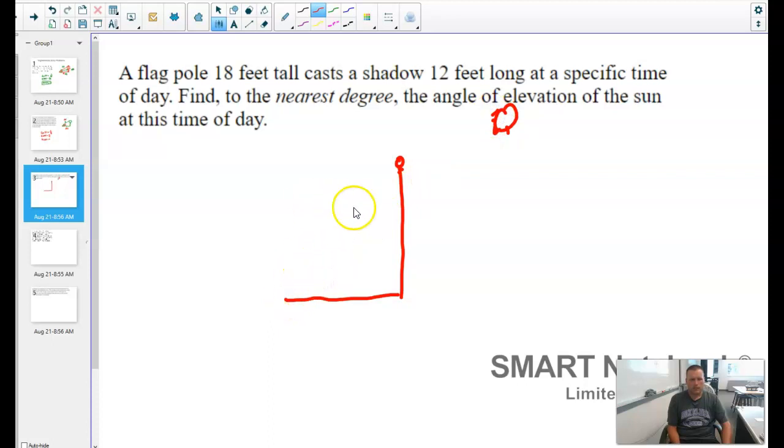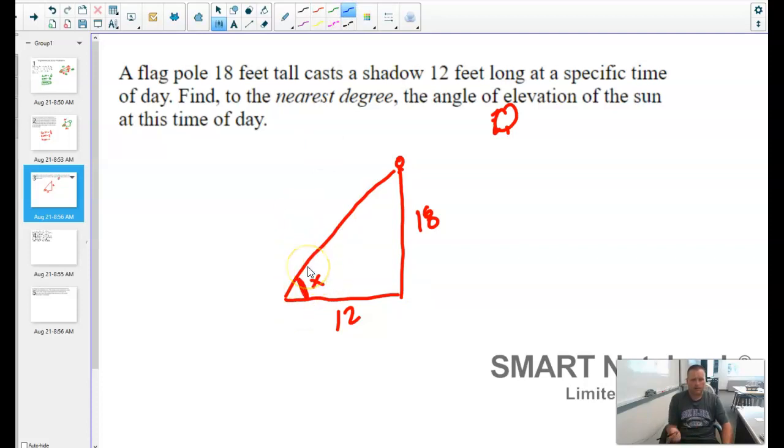And my shadow, let's see, this is 18 feet and this is 12 feet. And what I want to know is what is the angle of elevation, which would be this angle right here. I want to know what that angle is. Okay? So again, now we're finding an angle, so I know I'm going to have to use my inverse, but